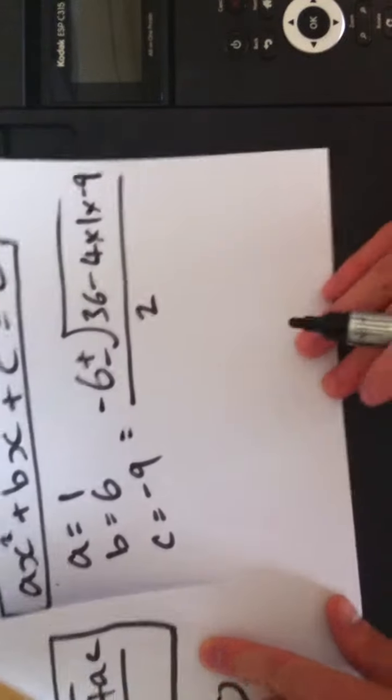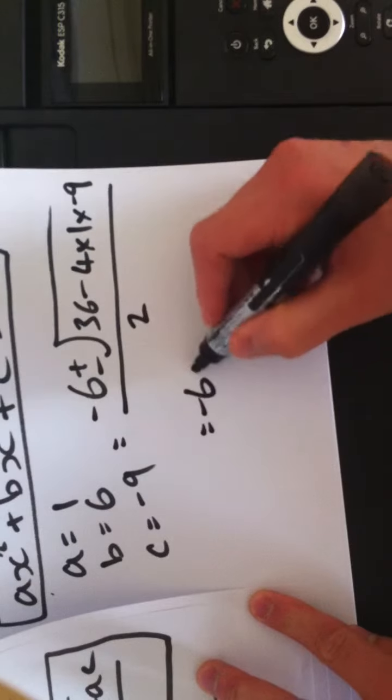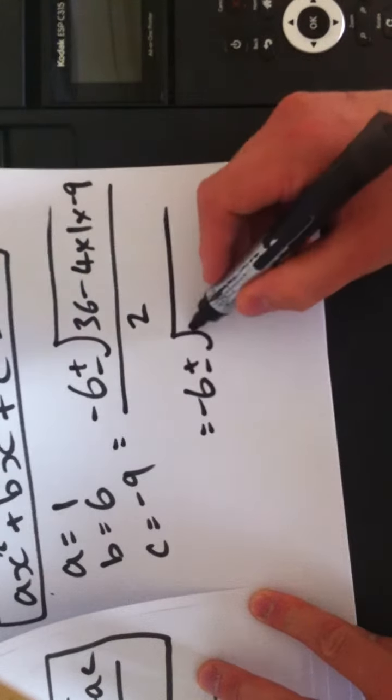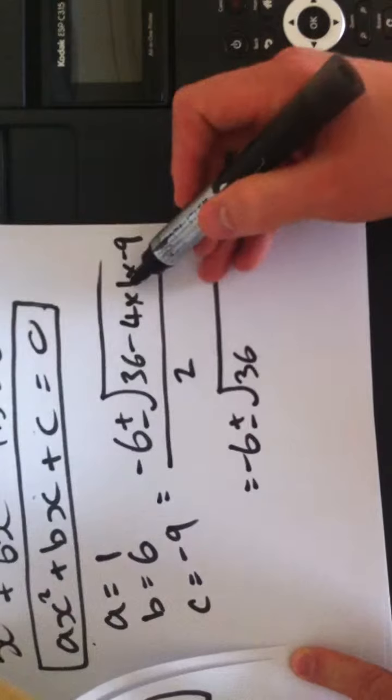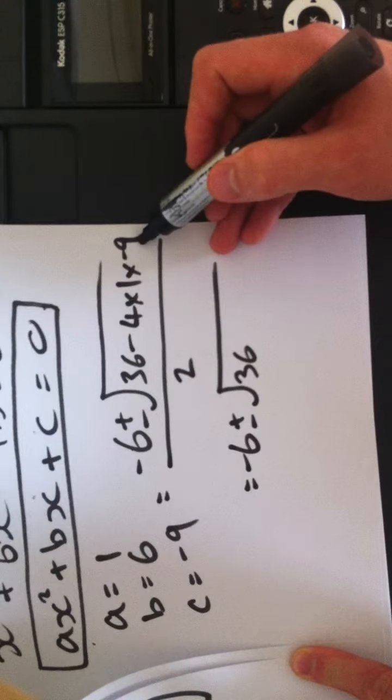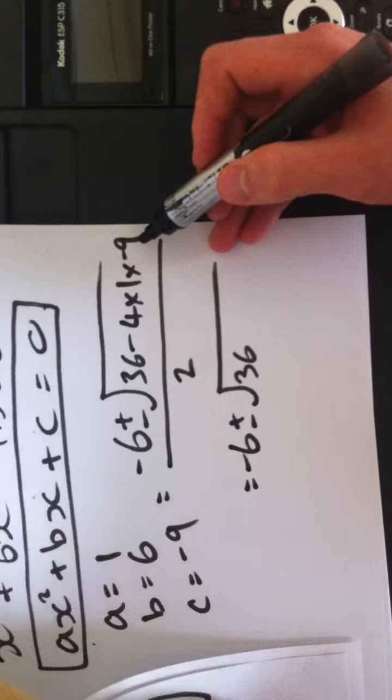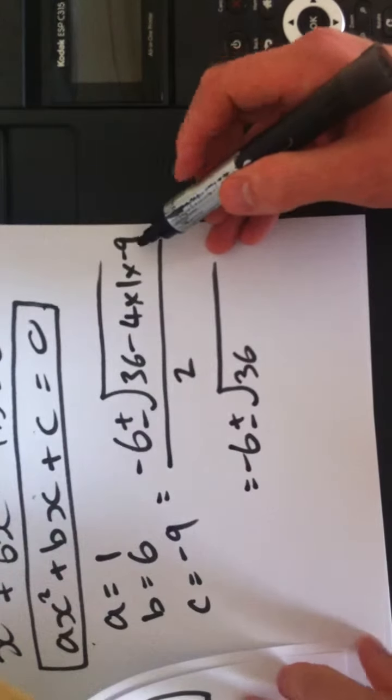So the quadratic formula is this. That can be simplified down. Minus 6 plus or minus the square root of 36, minus 4 times 1, which is 4, times minus 9, which is 4 lots of minus 9, which is minus 36. So I've got